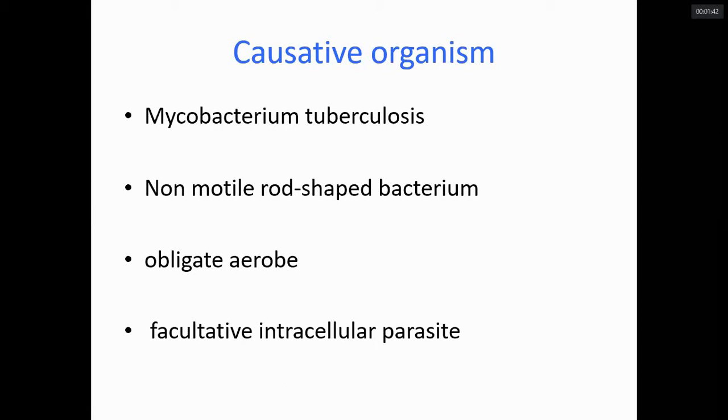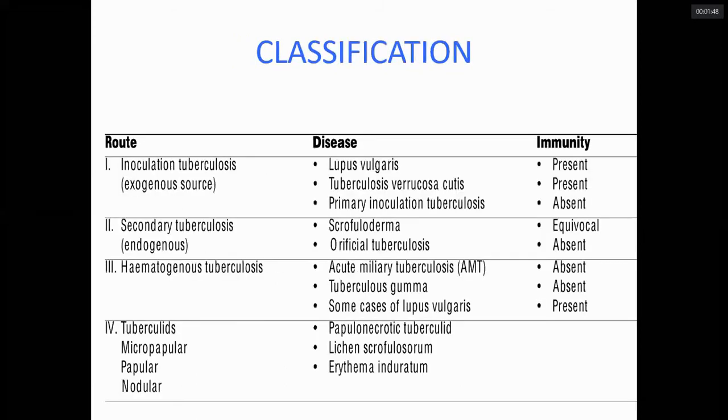As you know, it is a non-motile rod-shaped bacterium. It is an obligate aerobe and facultative intracellular parasite. The classification of cutaneous tuberculosis: cutaneous tuberculosis means the tuberculosis of skin. Skin tuberculosis can be classified on the basis of route of